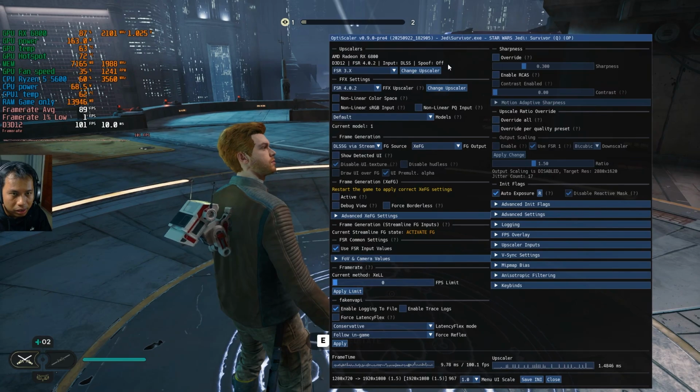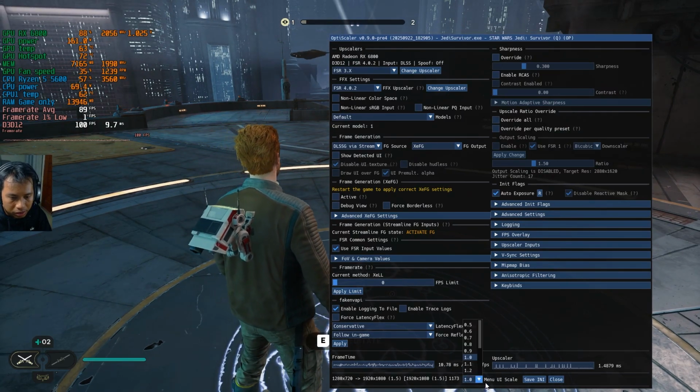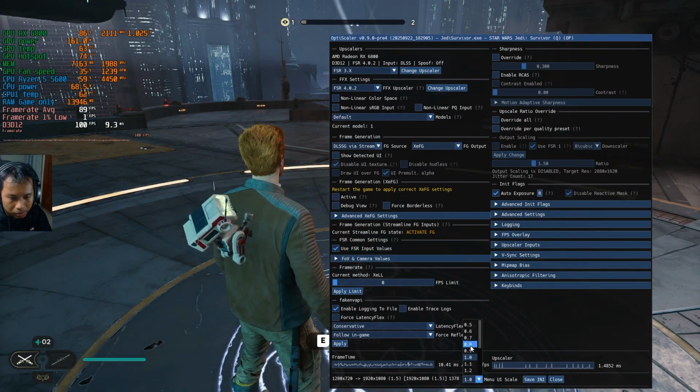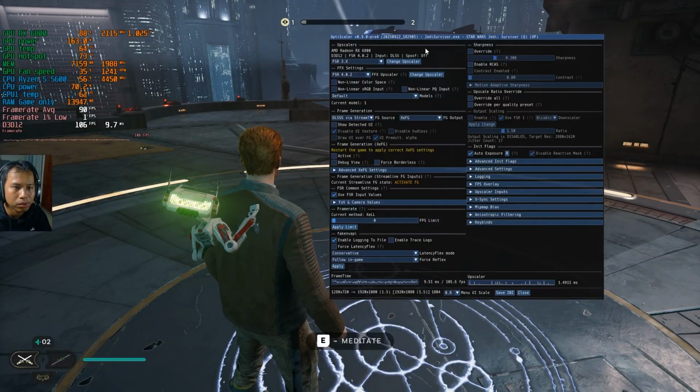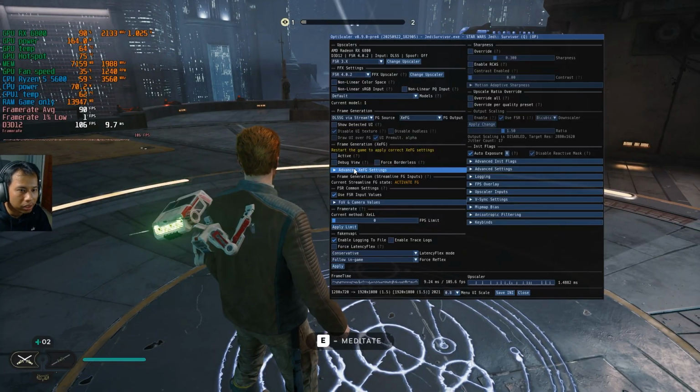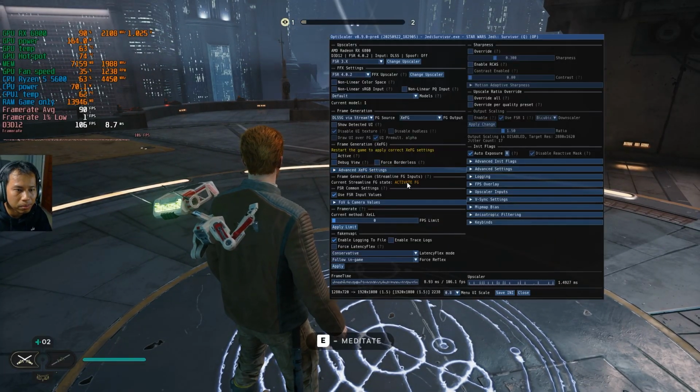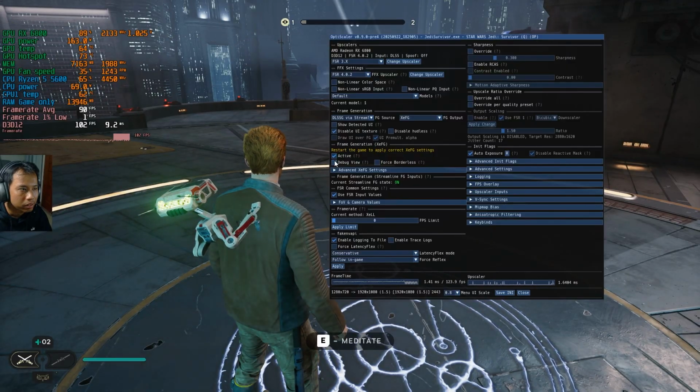And we can make it even smaller. Just click on the drop down arrow here, and I'm going to choose 0.8, and don't forget to click save INI to make any changes. And if you want to activate the frame generation, just click on this checkbox.